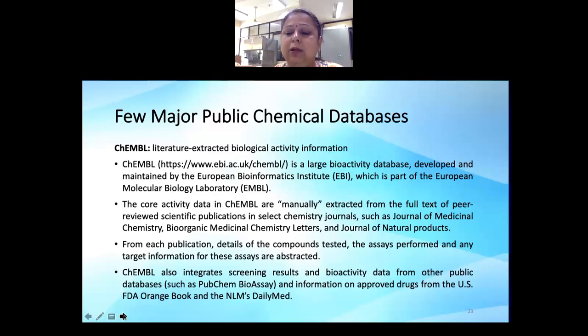Like PubChem was a chemical database where all the physico-chemical data was contained, here what you get from ChEMBL is you choose a particular chemical compound and you will get its bioactivity data. It is a database developed and maintained by the European Bioinformatics Institute, EBI, which is part of EMBL, the European